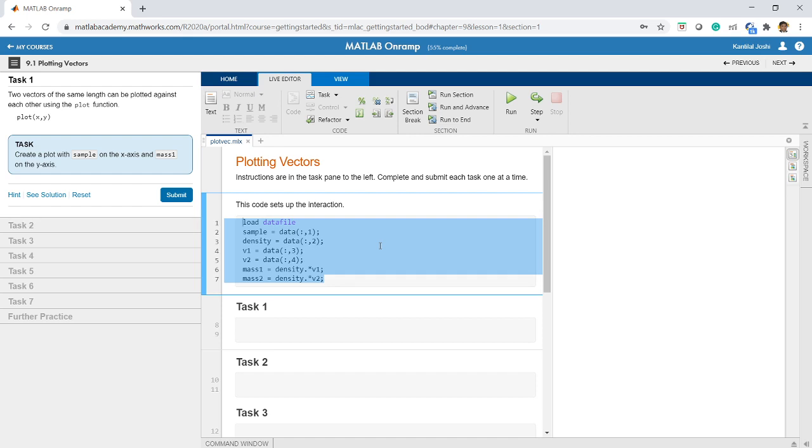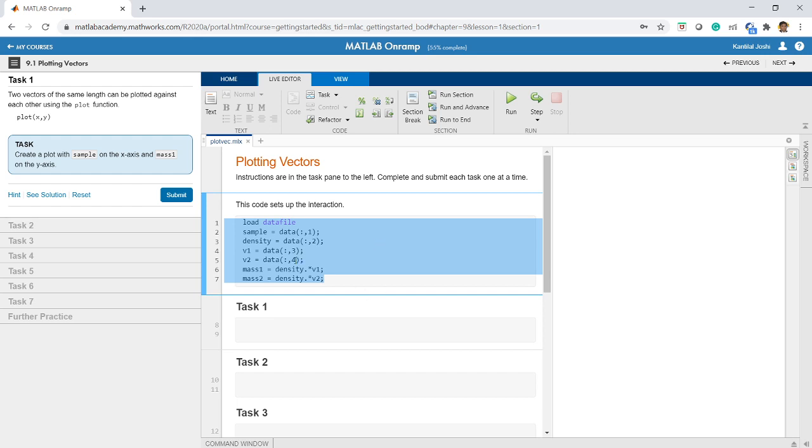Okay, so it actually loads only one variable, that is data, and from that data variable we can extract the vector called sample, which is the first column of the variable data. Then we have density, which is the second column.